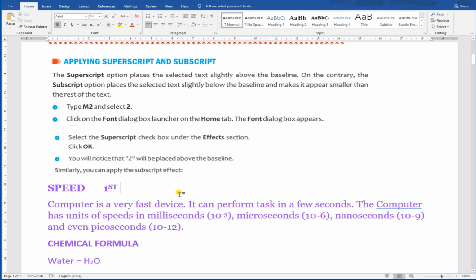Now I just put 1 and ST. So here you can see my ST is placed just above the baseline and it's smaller than the size of 1. In the same way, if I want to put 2 and ND, this is for second.